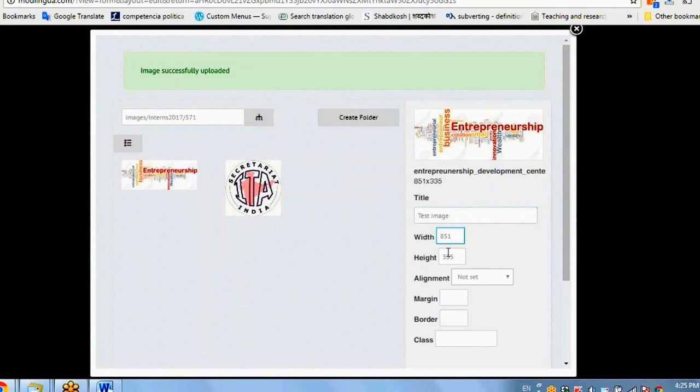You can choose width, height, and alignment, whether you want to keep left or right. Give a margin of, let's say, 5, border 1, no need to put anything in class. I have put it on the right, not left.